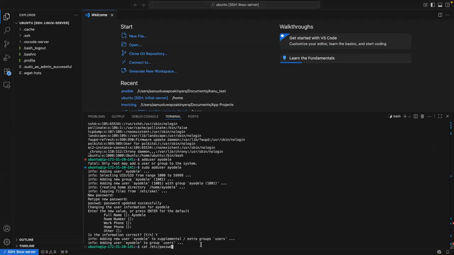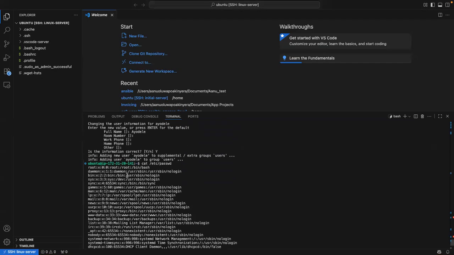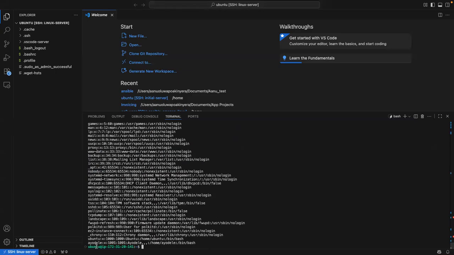Now I have created a new user Ayodele, and now let me cat /etc/passwd. And what do you see? There is now the Ubuntu user with bash, there is the root user with bash, and there is the Ayodele user with what? Bash.